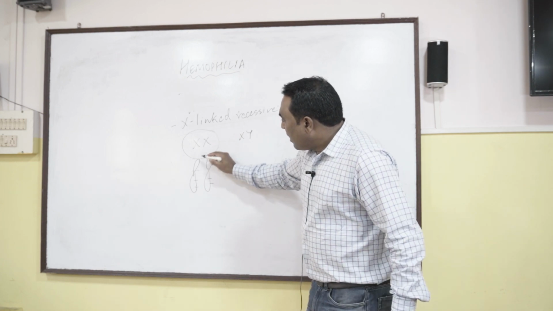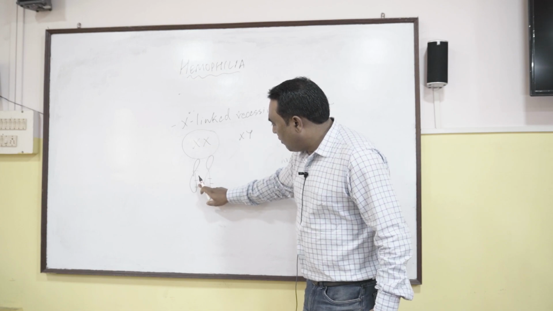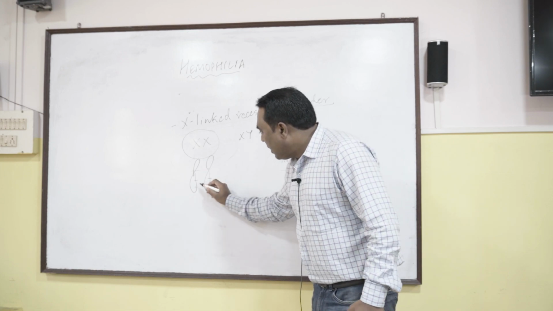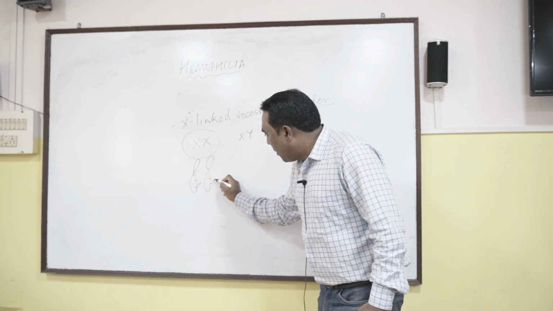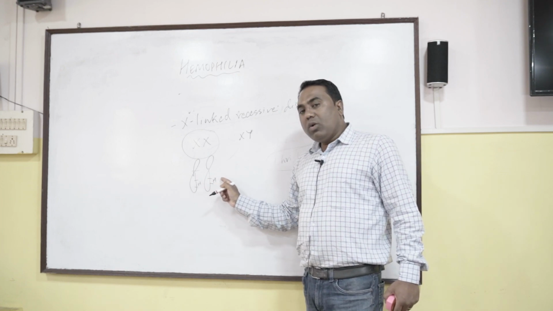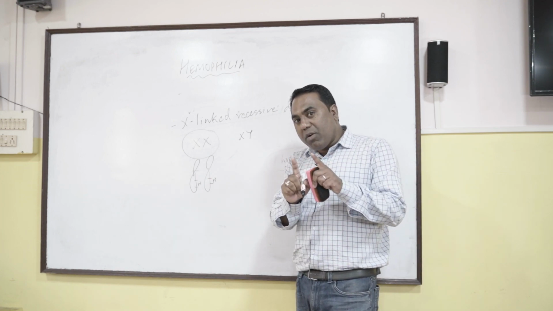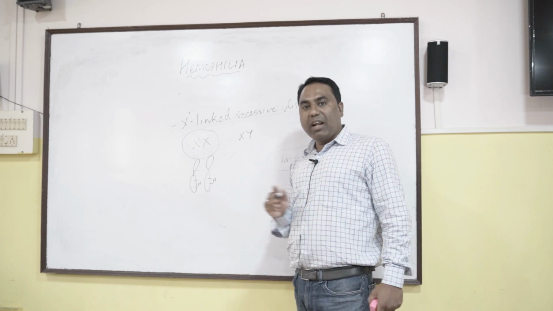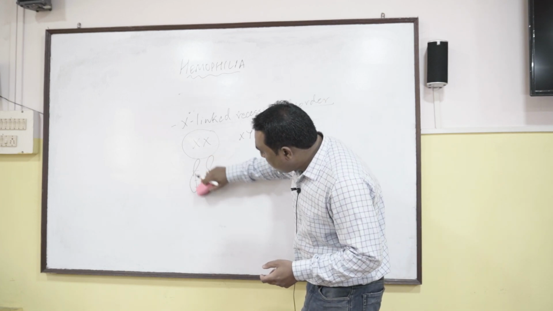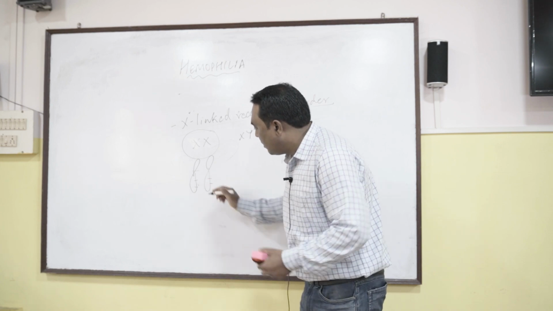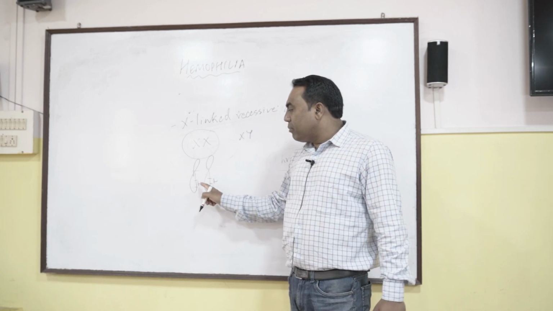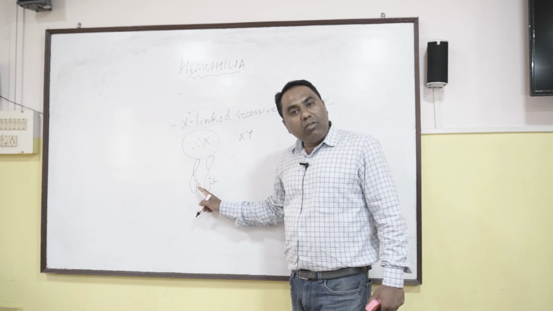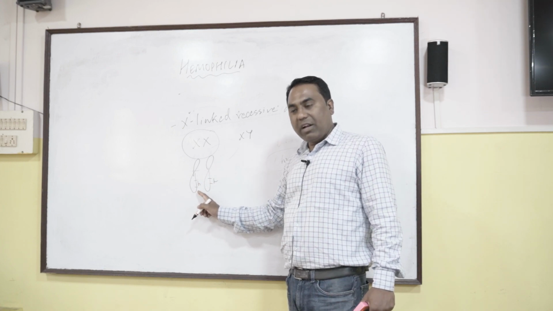Now, when we talk about factor 8 and factor 9, suppose this gene is responsible to synthesize factor 8. If I write here capital H, these two capital H correspond to the dominant form of the gene, whereby the dominant form is going to prepare factor 8. But if these are not present in the dominant form, rather they are present in the recessive form, that is small h and small h, that means the genes are not expressed properly. Genes are not going to make factor 8 or factor